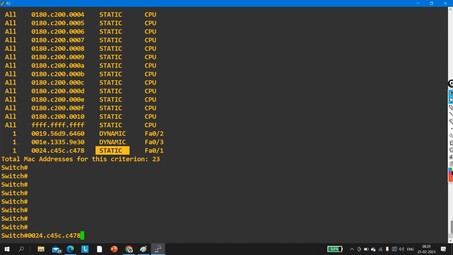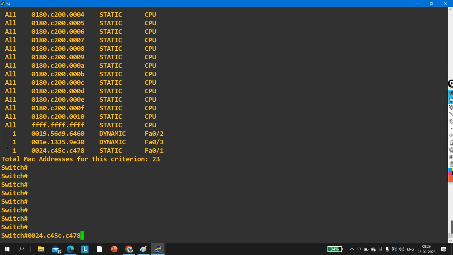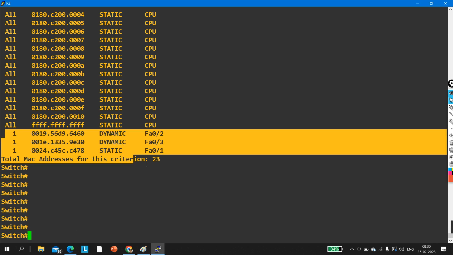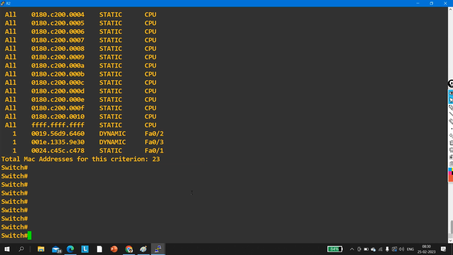static. So now this MAC address entry is static, so this entry will be permanent, right? There is no aging time. Okay, and if you want to configure aging time 0 for all the MAC addresses, you can do that as well, right? Now you can see total MAC addresses 23, and if you configure MAC aging time 0, then the entry will